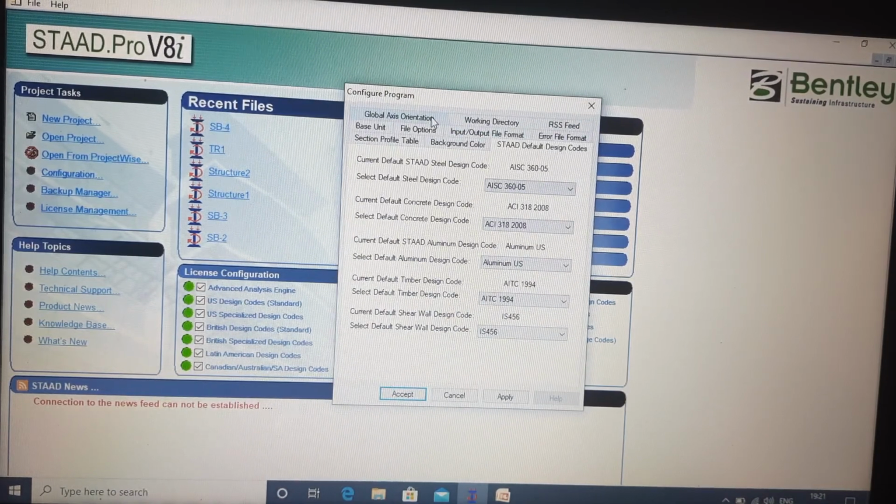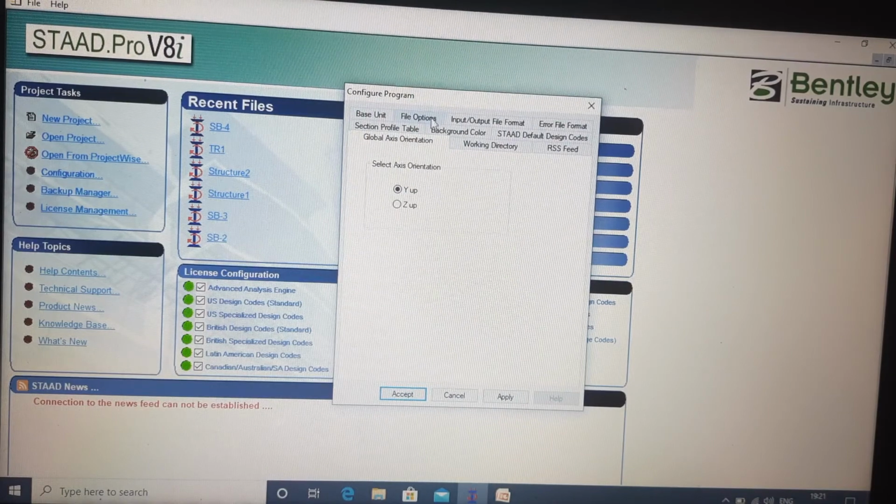Next is your global axis orientation. In the normal environment, the vertical axis in STAAD is Y. You can set it to Z also. The vertical axis can be set to Z. You can configure this with the help of this window. If you set Z up, accept it and apply it,